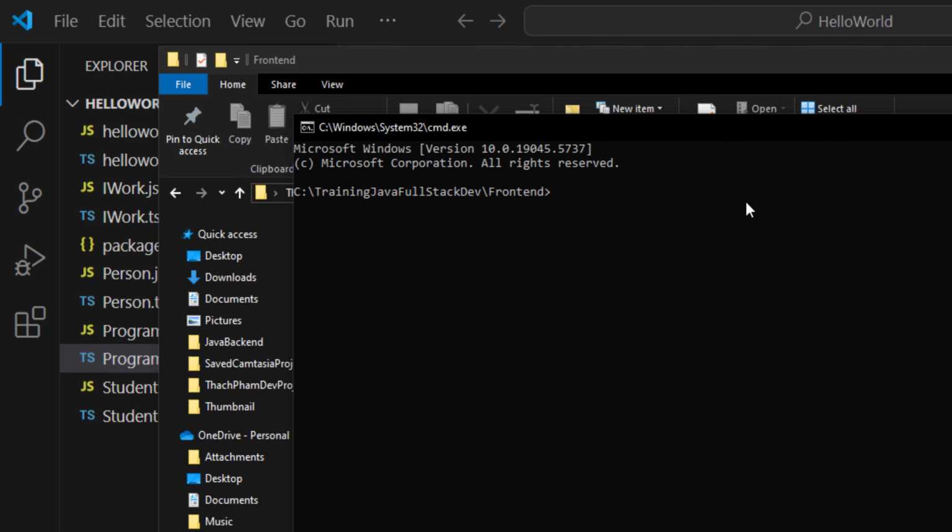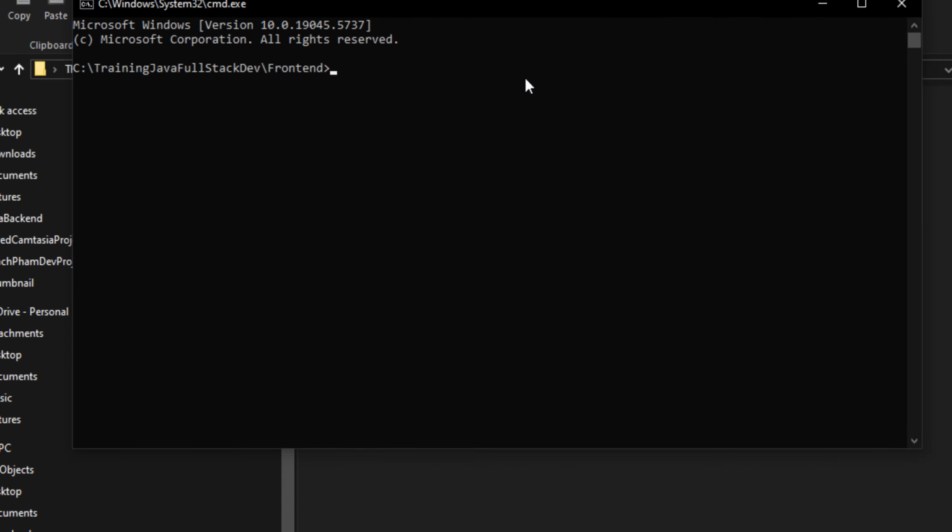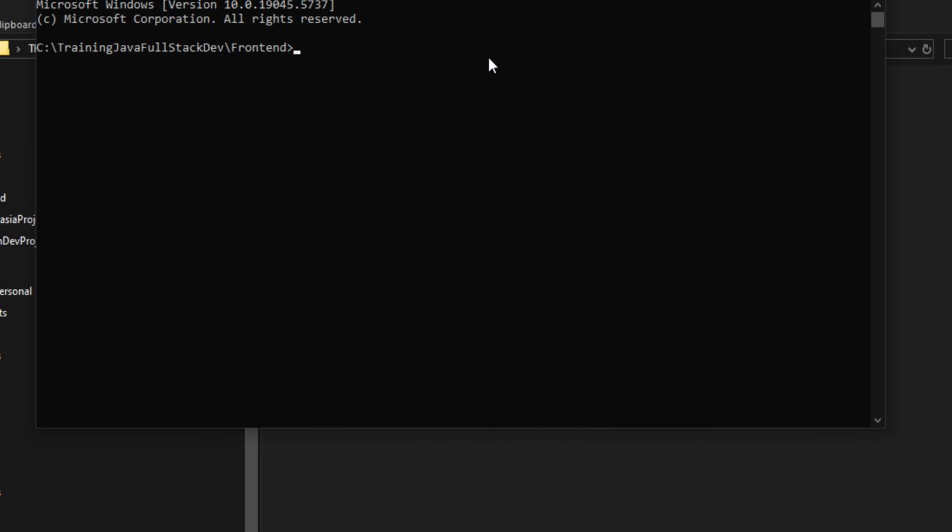And before we install the create React app command, please check your node on your system, okay, by using node -v to check if it shows a version of the node here. That means the node is available on your system. If not, please install the node on your system, okay. And then